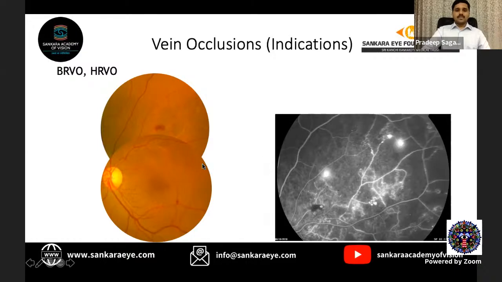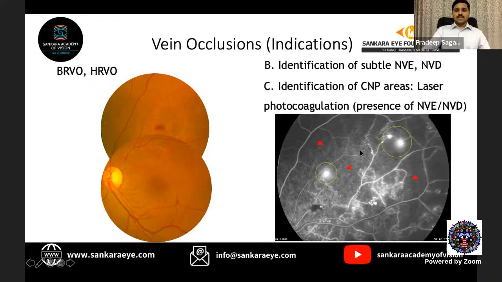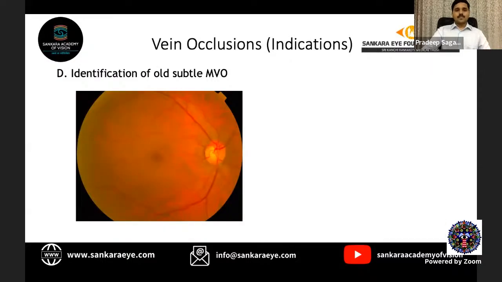For example, here we see that there's a hemorrhage, but we are not sure about a neovascularization. But on fluorescein angiography, we can see that there is presence of neovascularization and extensive non-perfusion areas, which is indicative of presence of a proliferative stage, and it needs a laser